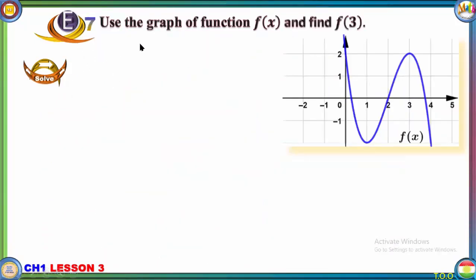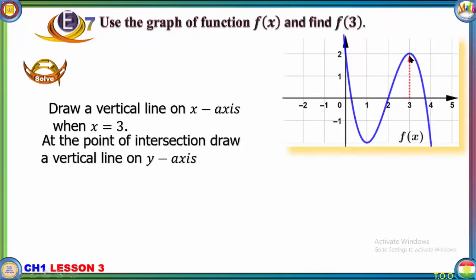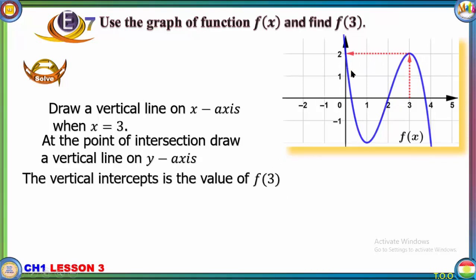Example number 7. Use the graph of the function f(x) and find f(3). Draw a vertical line on the x-axis when x equals 3. At the point of intersection, draw a horizontal line to the y-axis. The vertical intercept is the value of f(3). Then f(3) is equal to